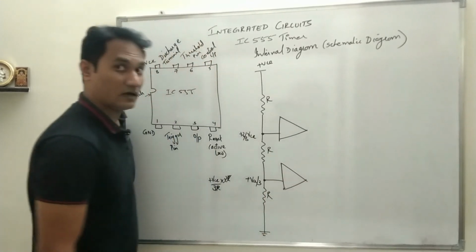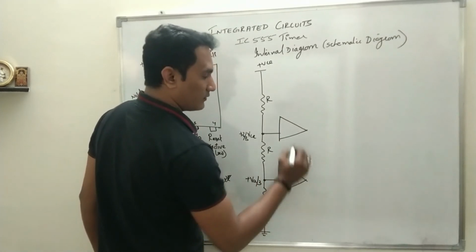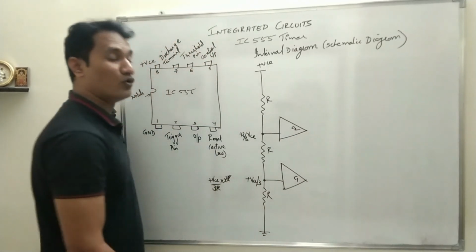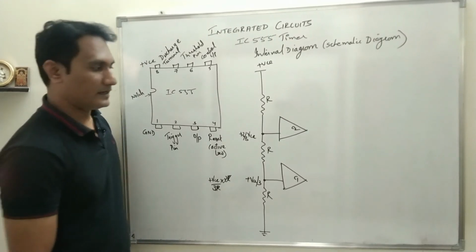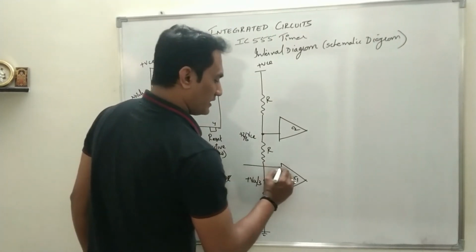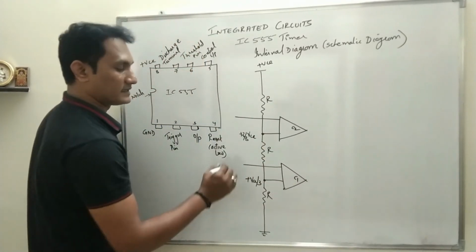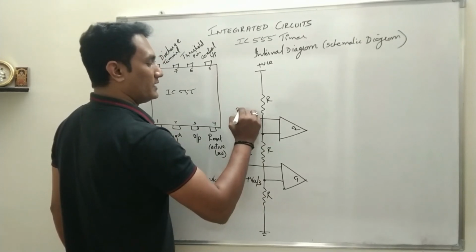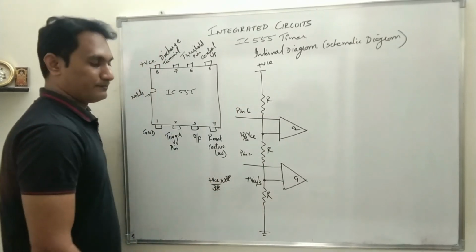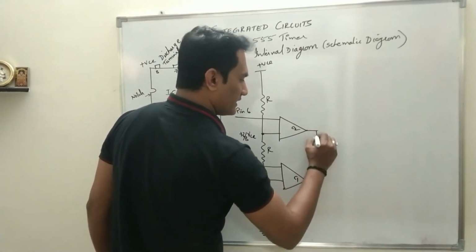You read about the comparator in op-amp. So this is comparator 1, this is comparator 2. Some books will refer to them as the lower comparator and the upper comparator. Now this terminal will be pin number 2, this terminal will be pin number 6, and the output of this comparator